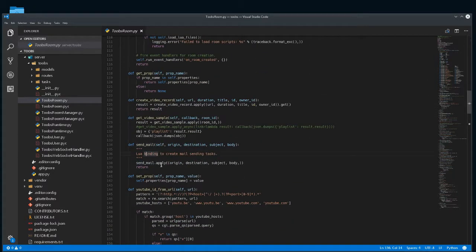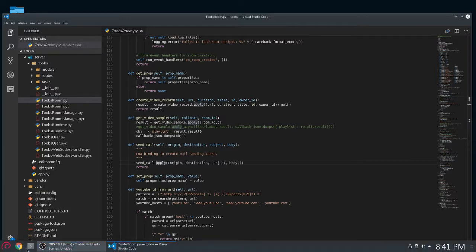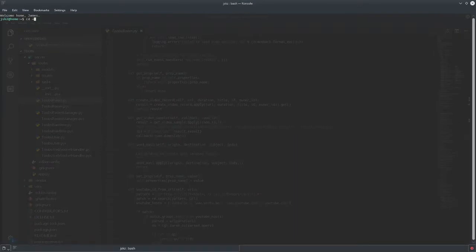Now here we'll notice that it is happening asynchronously. So sendmail.apply is being applied in this thread, in this particular process. So if we go and boot up Tubes here,